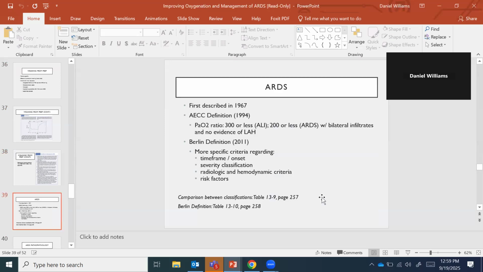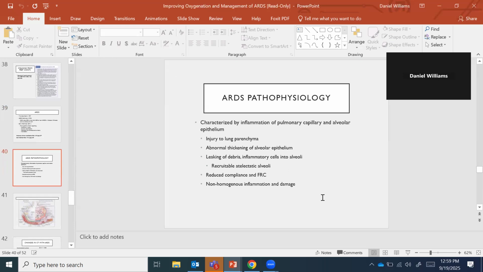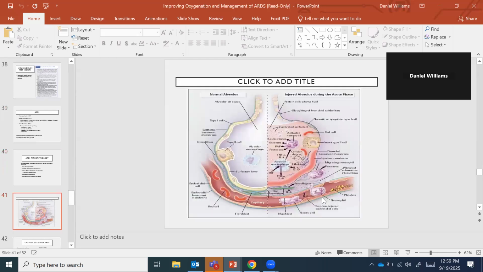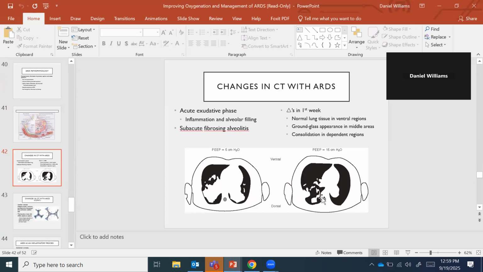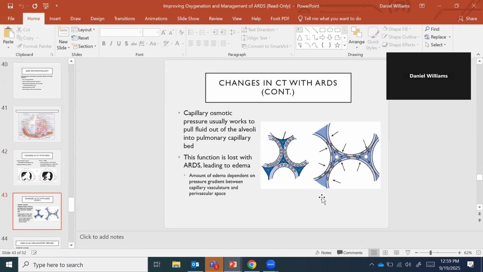We talked about the two different definitions for ARDS. Talked about some strategies, the ARDSNet protocol that we had mentioned there. Ultimately, you're going with lung protective strategies for those individuals. The difference in the pathophysiology, you had this also back when you had RCP 115 with pathophysiology. We did look at some of the changes between, say, the application of 5 PEEP versus 15 PEEP. When we look at this illustrated bit of a CT scan with a patient that may have ARDS, you can also look at the changes